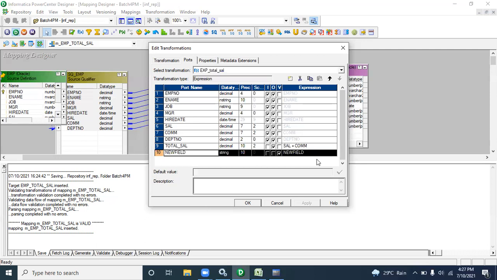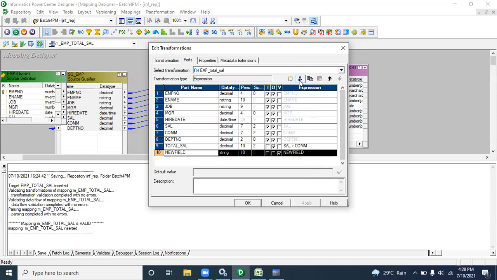Variable means the column is only valid inside that particular transformation, and it helps you build complex business logic for your client requirement. At that moment, you write the logic in a variable port, and you assign the same variable port to the output port.